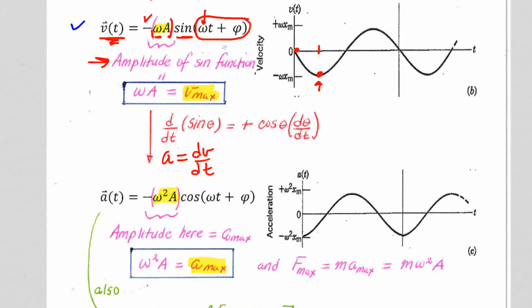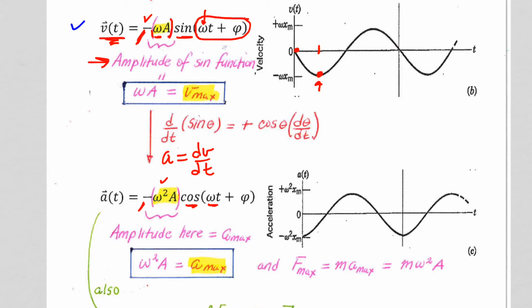So acceleration equals dv dt. The derivative of sine is cosine. Now the negative we don't introduce with the derivative. The negative is already there, right? So the negative is already up here, and that's this negative here. But cosine, derivative of cosine theta, d theta, so we pull out the derivative of omega t, which is omega,